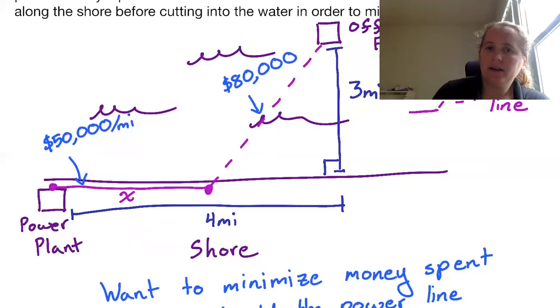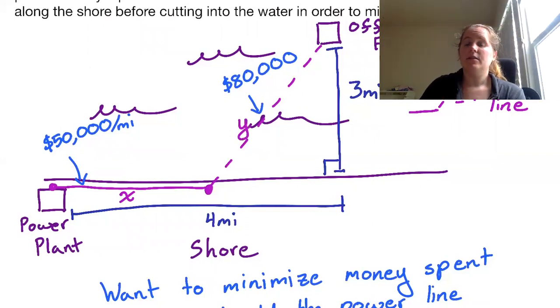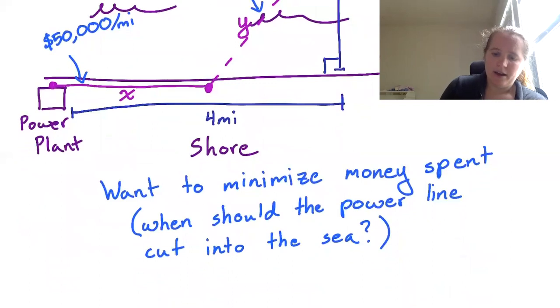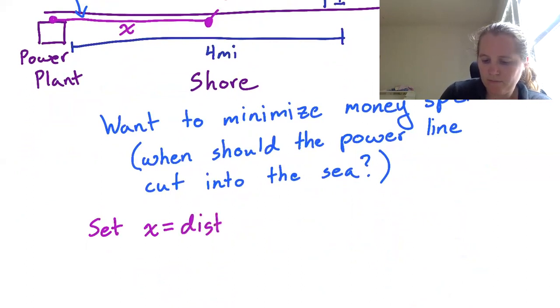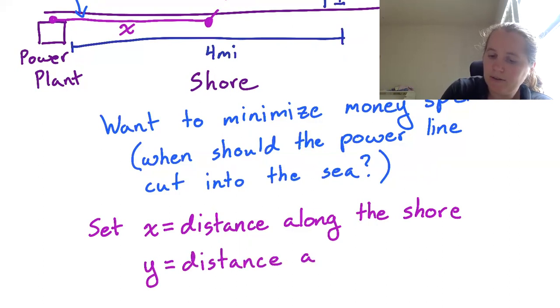And this distance as our y. So if we set x equal to the distance along the shore, and y equal to the distance through the water,